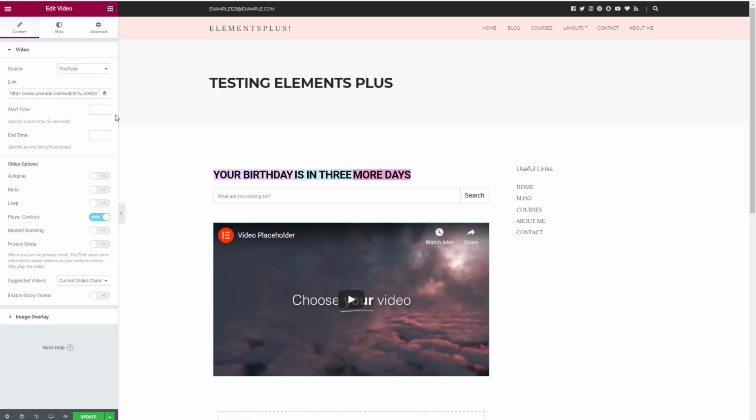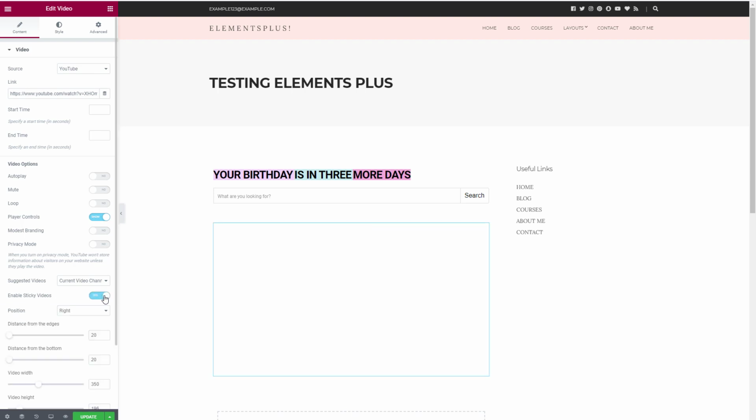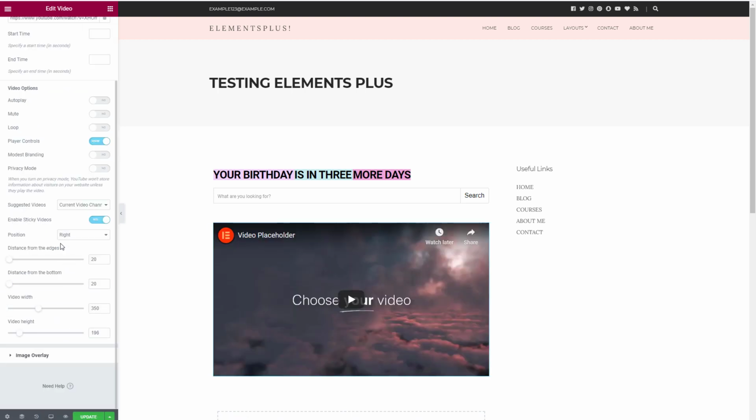So you add your video link as you normally would and set up your content and style options using the regular Elementor widget, but then you can enable a sticky option. And when you do that, then you have some placement options, whether it's going to be on the right or left, and you can set the offset from the edge and the bottom. So let's just make the offset a little higher and